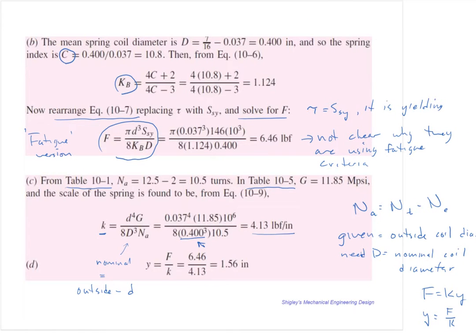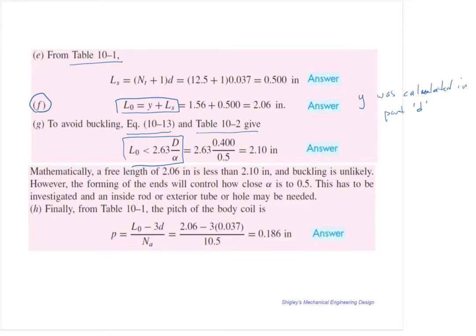What's interesting is they don't really tell you. They're using 0.5 for alpha, but in reality they don't make any mention of why they picked